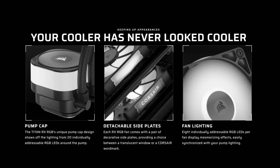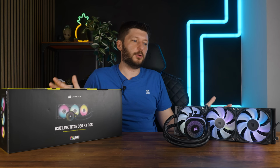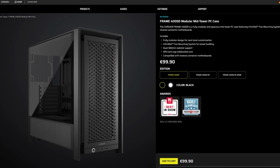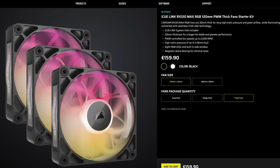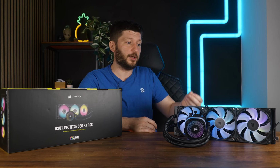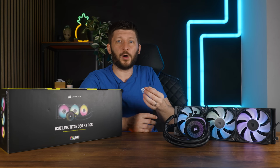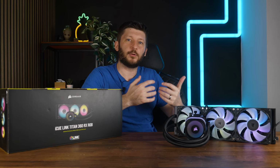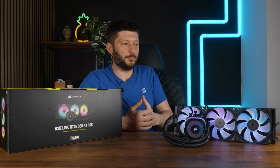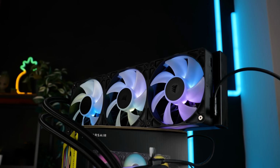Psychologically damaging sentence aside for a minute, I also believe that once you get into the whole Corsair iCUE world, you might also just want to stay in there. Pair it with, let's say, a good case, good fans, which are also iCUE, not these. And if you've already forced yourself to have the iCUE controller in the bag because you wanted this AIO, I think at that point, why not just go all the way through, everything daisy chained using the single cable, make the most out of something that you have already in the case, which of course is determined by the fact if your bank gives you the loan, because iCUE fans are like hella expensive. But okay, this should be everything on this